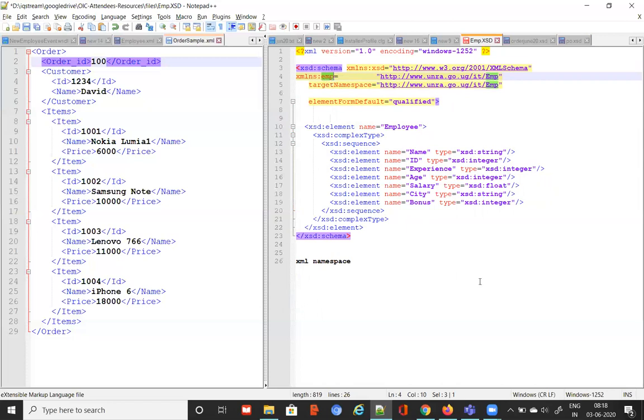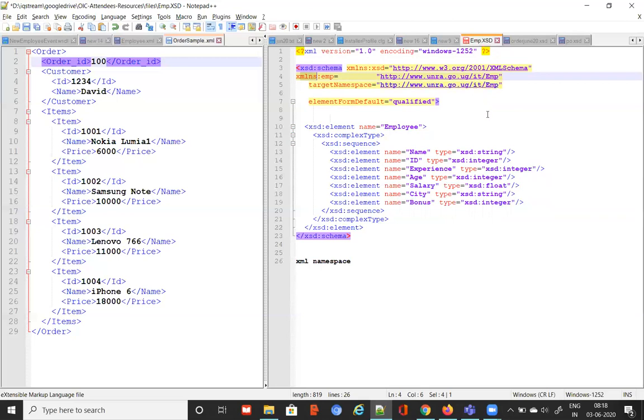If you want to refer, you can refer later. Otherwise, it's fine. So the mandatory thing is that this one will have the same value. For the target namespace, you are assigning some value. If you're going to refer to anything within the same document, you will generally keep another XML NS with some prefix with the same value as the target namespace.